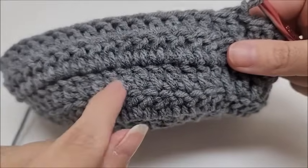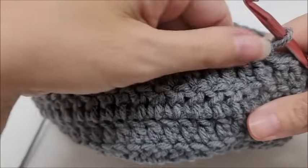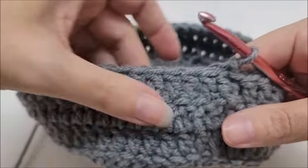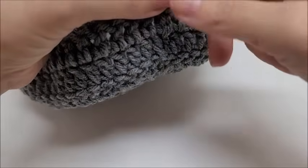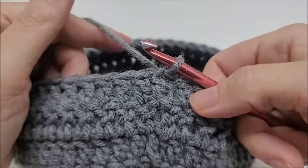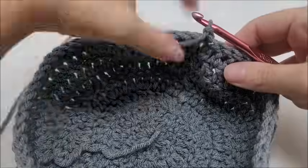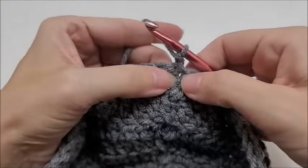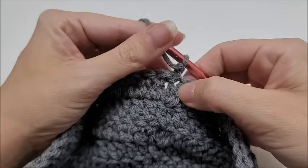So round 6, 7, and 8 are all the same. I just turned my work at the end of each round, and it was 1 double crochet in every stitch. All right, and I ended in a slip stitch here in my first double crochet. So now we're going to chain 1 and turn, and we're going to go back into this first stitch and double crochet,